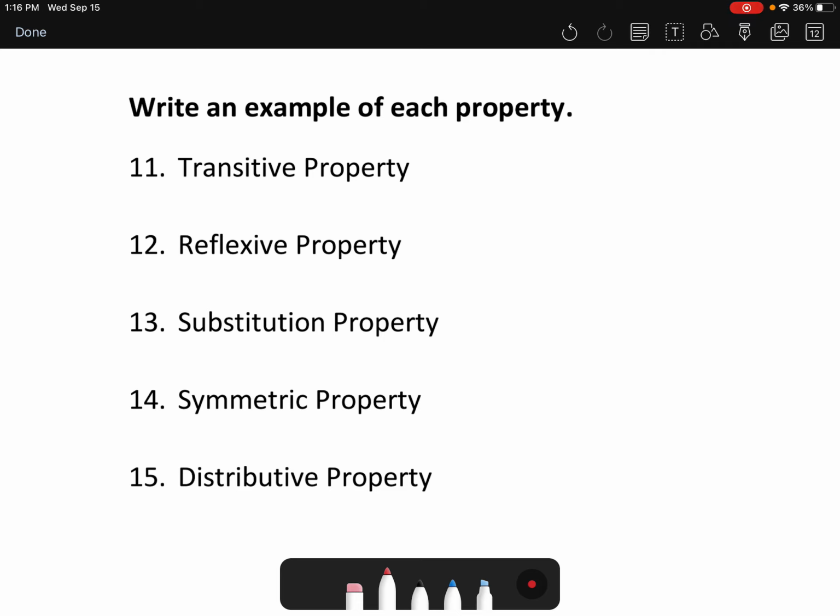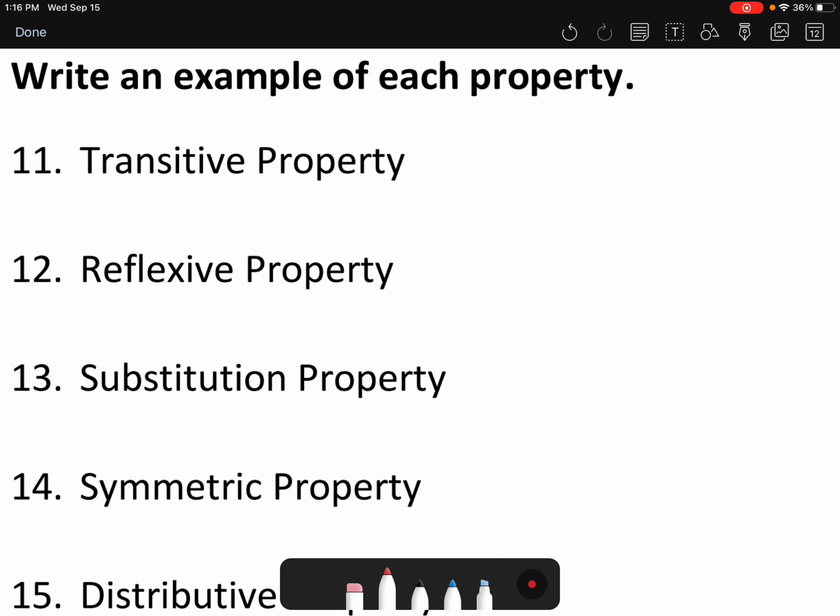The transitive property says this. If A equals B, and we're just using general letters, any number that you substitute into this could fit. So you could say if A equals B and B equals C, if you have both of those pieces of information, then that also means that A equals C. So the example that was on your notes said that